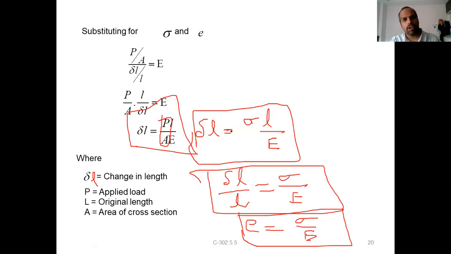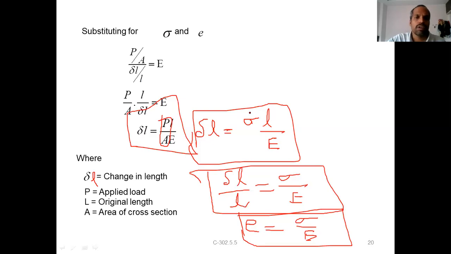So we have derived this formula again. Depending on the numerical problem given, and on which unknown you want to calculate, you can modify the formula accordingly. We derived from this formula to here, and again came back to this formula. Like this, we can use this formula to calculate the change in length for axially loaded members.